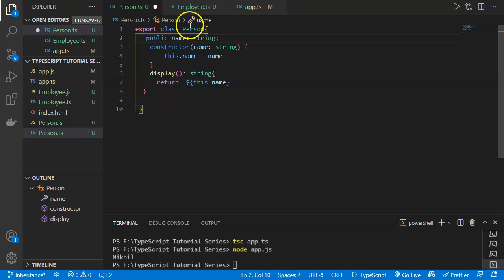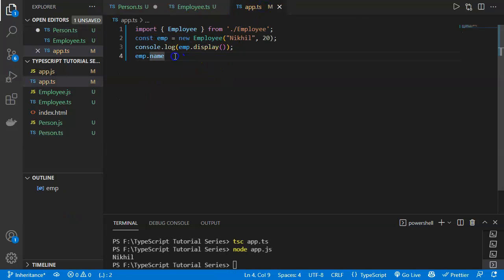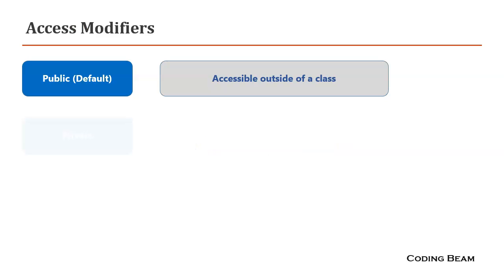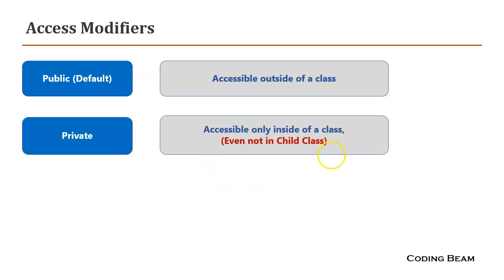Now if I go to app.ts and access the name, you will see it is accessible because it is a public property. But if I declare it as private, it is accessible only inside of a specific class, like only in the parent class and not even in the child class.